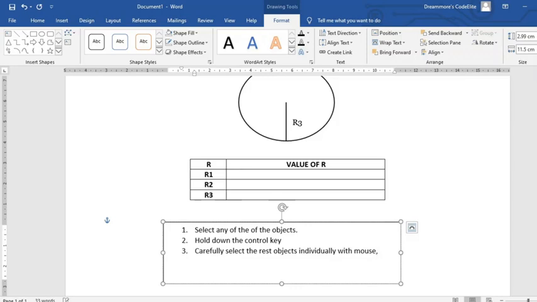Should I do a comma or full stop? English students, help me. While the control key